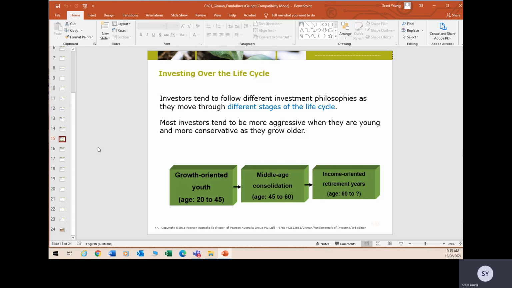What I will throw at you and address more in week 1 as we talk about the income-orientated retirement years: literally from the GFC onwards, for the last 10, 11 years, that paradigm, that thought process, has been thrown out the window because interest rates have just kept coming down. Globally, they've been zero for longer than here, but in the last year or two, they've got to where they've got to in Australia. So it's created what I consider to be the great